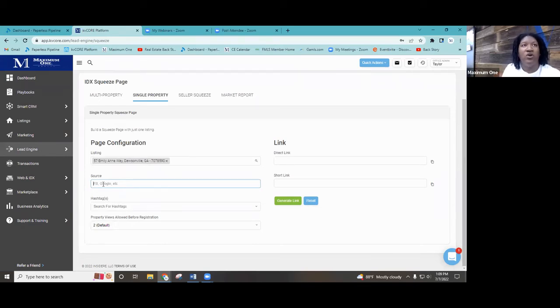But if you're going to do Facebook and you're going to tag it like this, so any one of your links that you're going to be creating, and that's your source is Facebook, you want to type Facebook out like this every time. Or if you're doing FB, you want to type it out FB every time, because you don't want it to